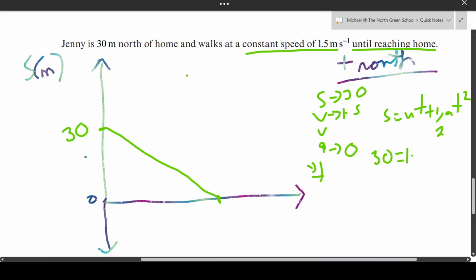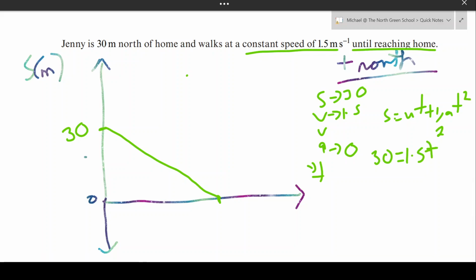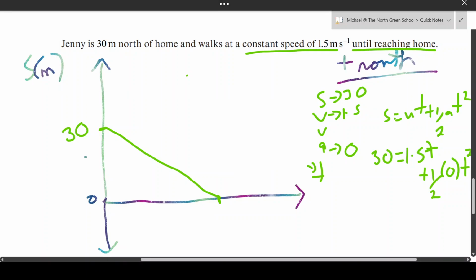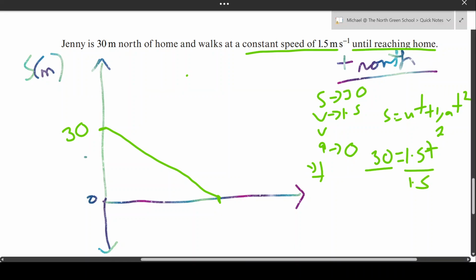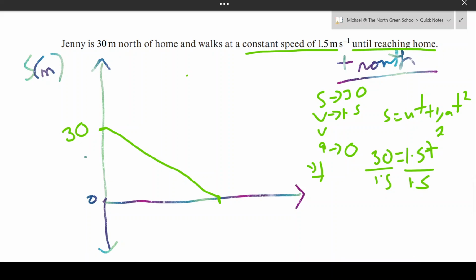30 is equal to 1.5t plus a half. What's the acceleration? 0, because constant speed. And then t squared. Well, a half times 0 times t squared, 0 times anything, we'll just remove it completely. This will turn into a 0, so we can as well remove that. So we have 30 is equal to 1.5t. So we need to divide through by 1.5. And 30 divided by 1.5, t should be equal to 20. So the time here is going to be 20